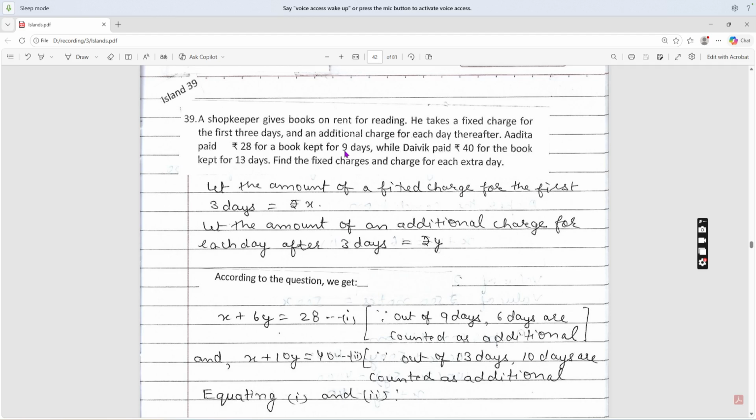Actually, it is 6 days. Why? Because 3 days are free. Free means it is already covered in the fixed charges, which is x rupees. So we have to subtract 3 days from 9 days to get 6 days, and 6 days into variable charges,